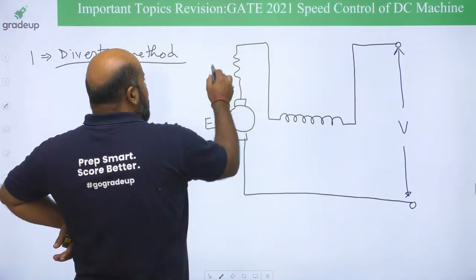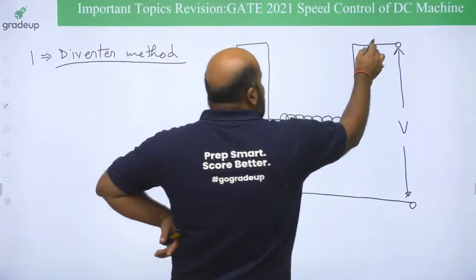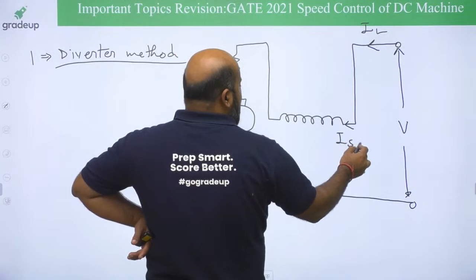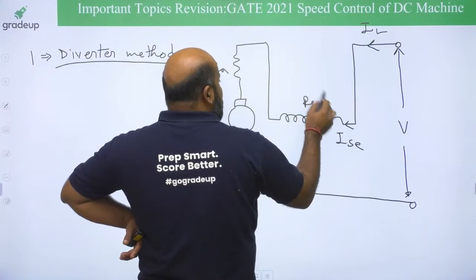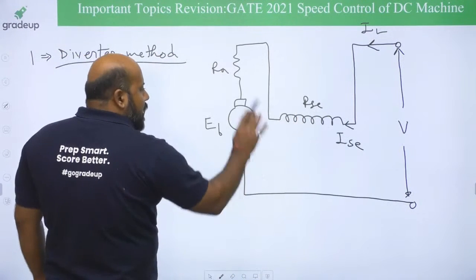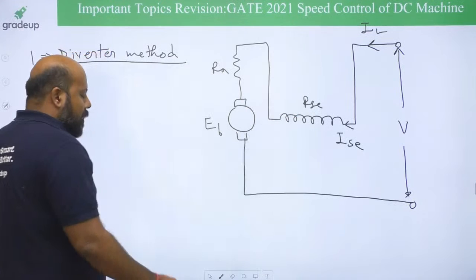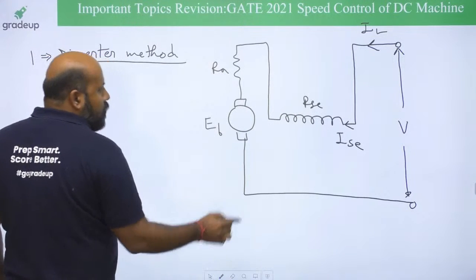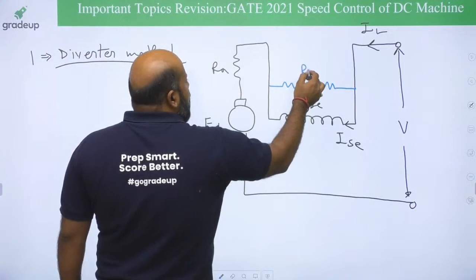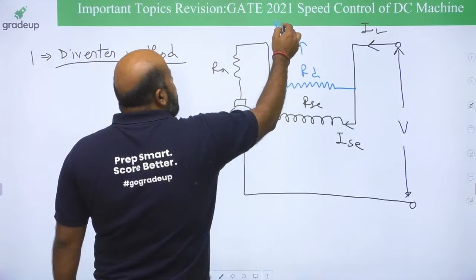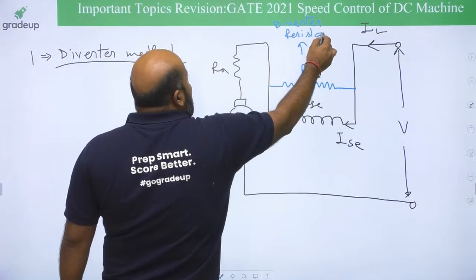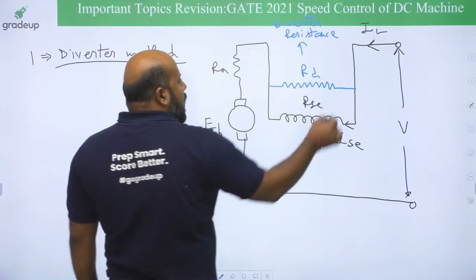Suppose this is the back EMF, armature resistance. If it is a motor, this is going to be line current. This is going to be the series field winding current, and this is going to be series resistance. Now, if you want to reduce the current which is passing through the series field, you want to apply a small resistance across this, which we are calling as RD, that is the diverter resistance. Now this diverter resistance will bypass some of the line current